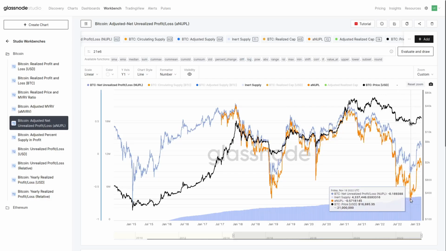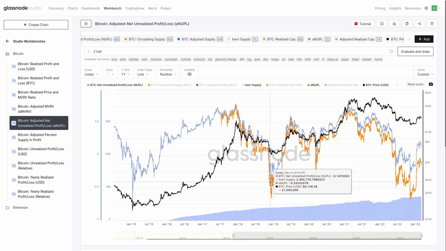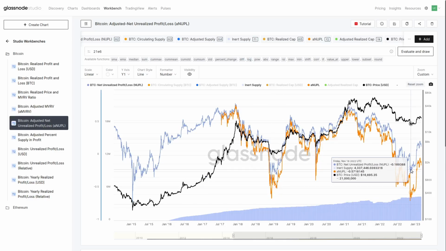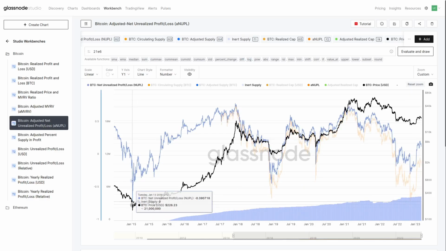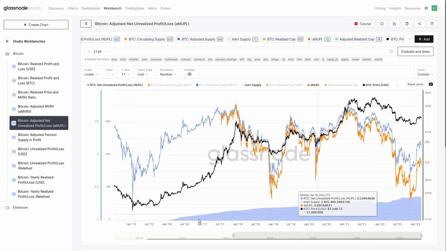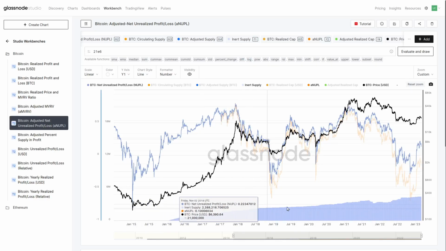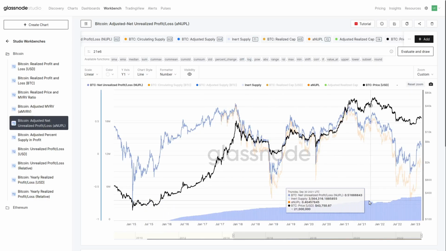And you can see that we've actually dipped down to the same level as we were in 2018. If we compare these, apparently the 2022 cycle was not as bad as 2018, but that's actually not true. It was as bad, if not worse, and equivalent to what it was back here in 2015. So by actually removing this long-term supply that just hasn't moved in 7 years, and see these zones where it